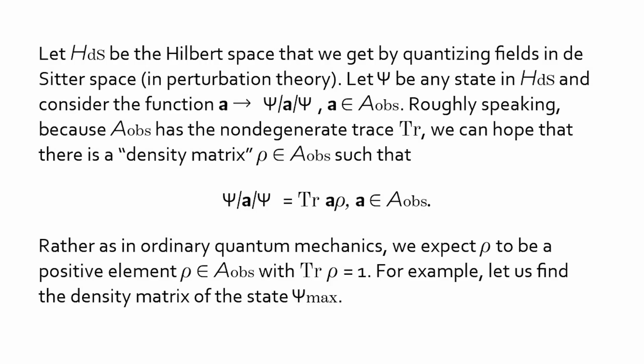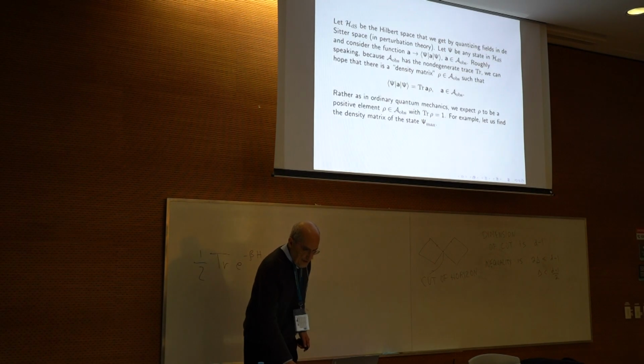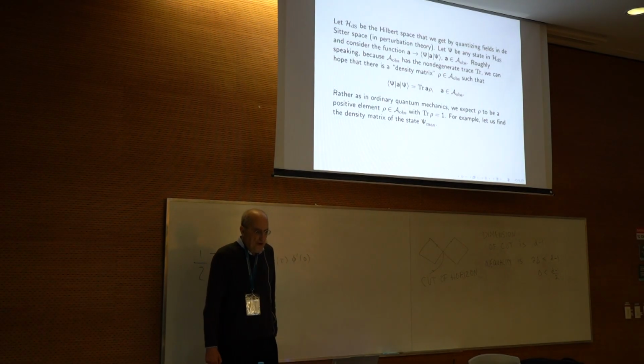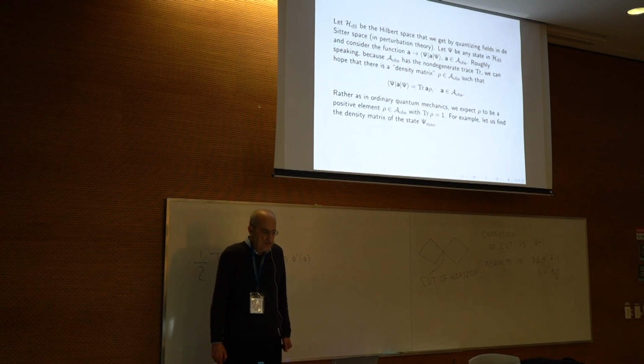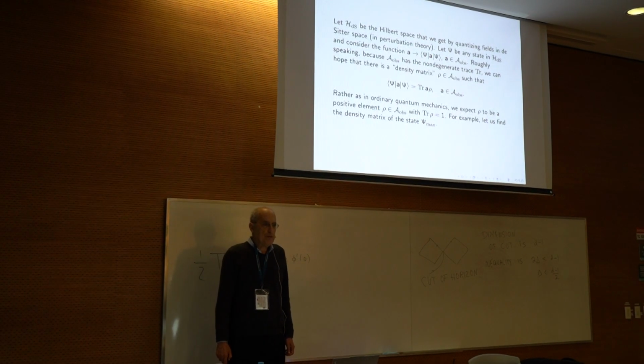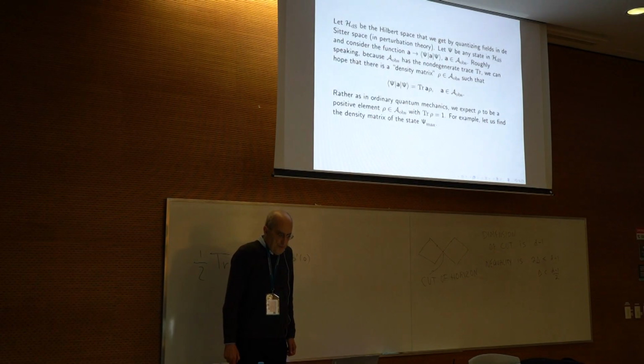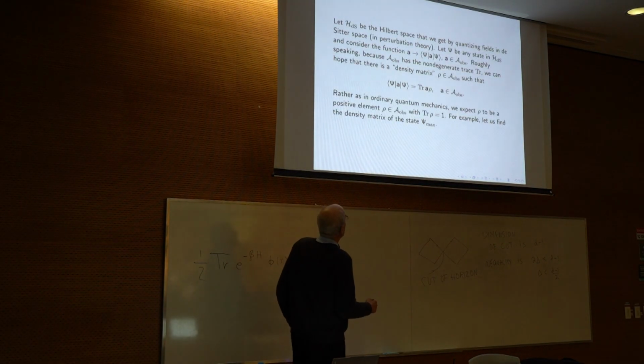Well, let's discuss if it's true that all states have density matrices. So to begin with, let's find the density matrix of the state psi max. Well, the definition of the trace makes it clear that the density matrix of the state psi max is what I'll call sigma max, which is 1, because the condition it's supposed to obey